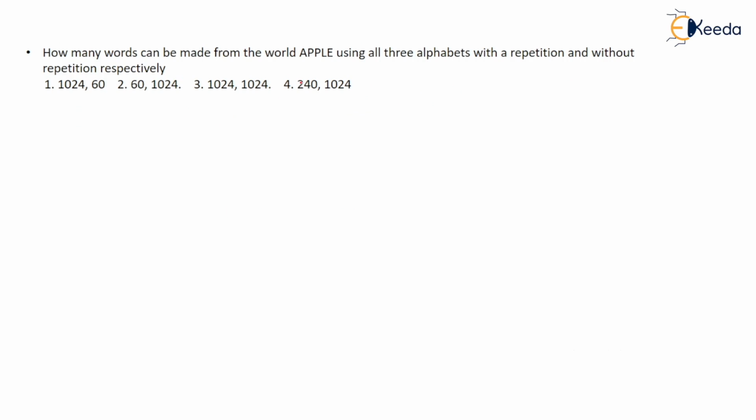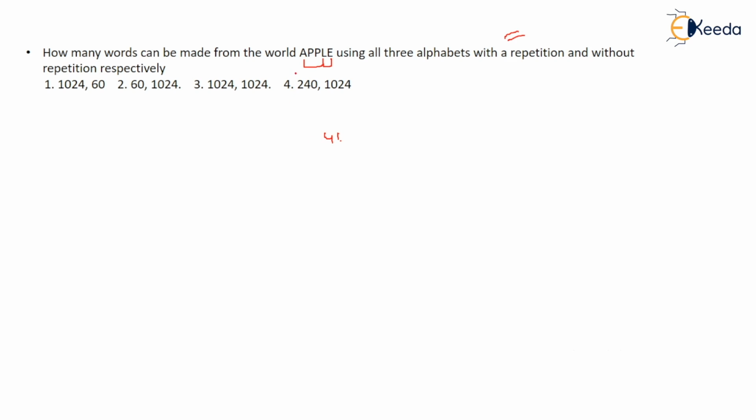Okay, so here is a question: how many words can be formed with the word apple using all the alphabets, with repetition and without repetition? So suppose there are three letters, right? Okay, and these are two letters. So in total, how many letters are there? There are four units, right? These two letters can be taken as one unit, right? First we have to think with repetition, and second is without repetition.